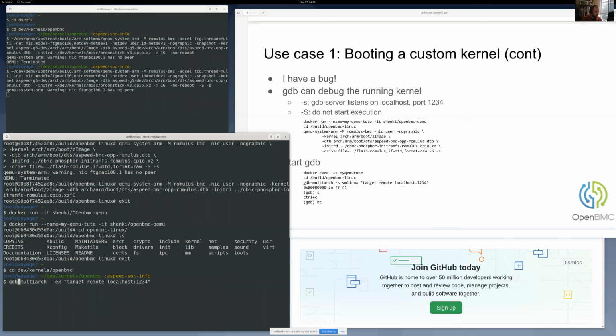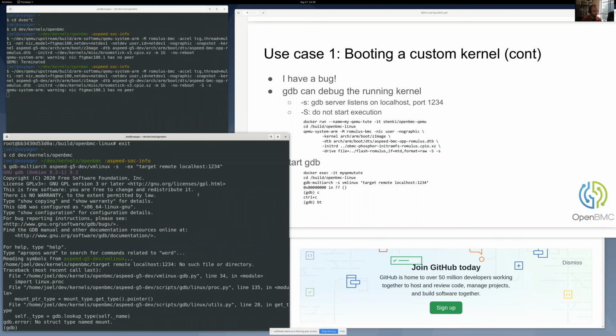We're going to tell it to load the vmlinux from my development tree. And then -ex means execute this command as soon as you start. So it's going to execute the command target remote localhost:1234. Remember from before, by passing -s, the GDB server is going to listen on localhost port 1234. So if we do that,